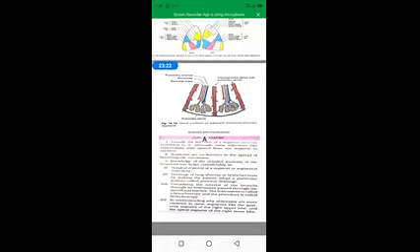In postural drainage, the apex is directed towards the root. Sputum or whatever is accumulating in the lungs has to be removed. To do this postural drainage, you must know the proper anatomy of the bronchopulmonary segments, how they are situated and what the various segments are, so that the drainage can be done easily.